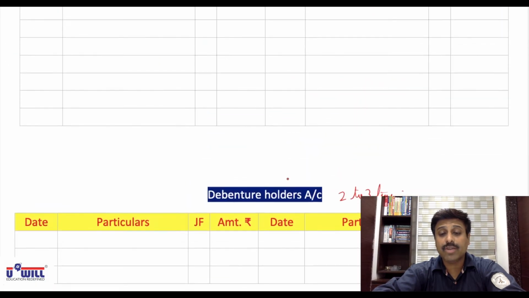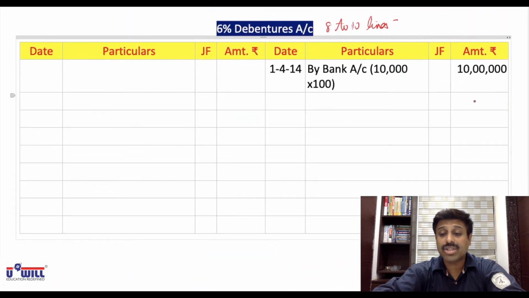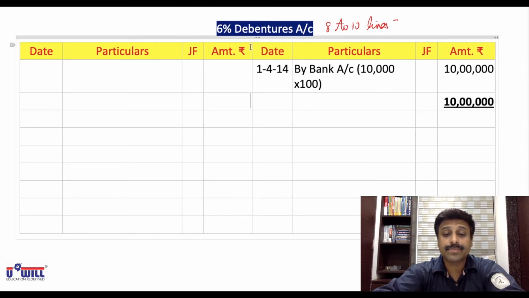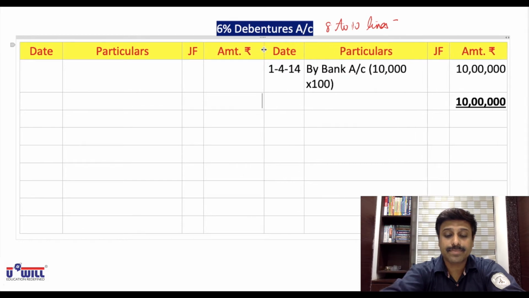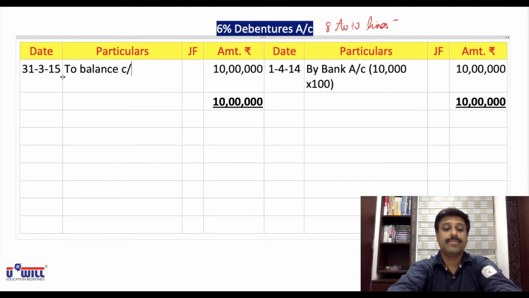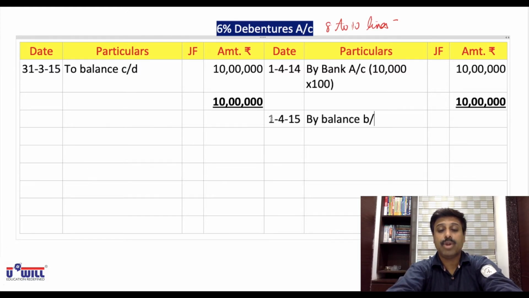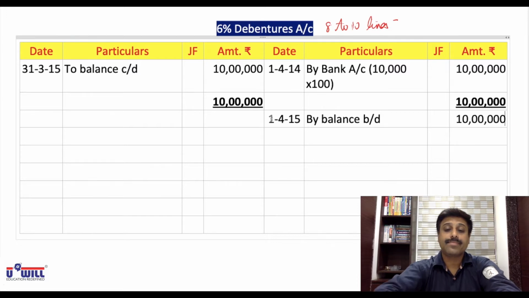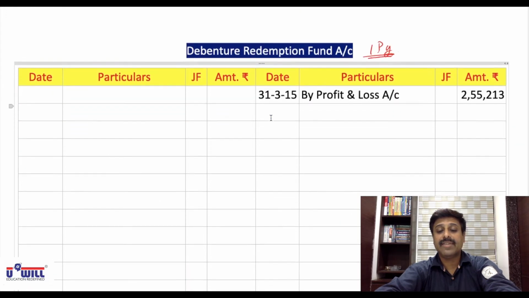First year is over, so we will do the balancing of all the ledger accounts. Debentures credit side total 10 lakhs. Both the sides will write the total of 10 lakhs. And balance will also be 10 lakhs. 31/3/15 end of the year to balance carried down. And opposite side 1/4/15 by balance brought down 10 lakhs. Holders account doesn't have anything. Fund account